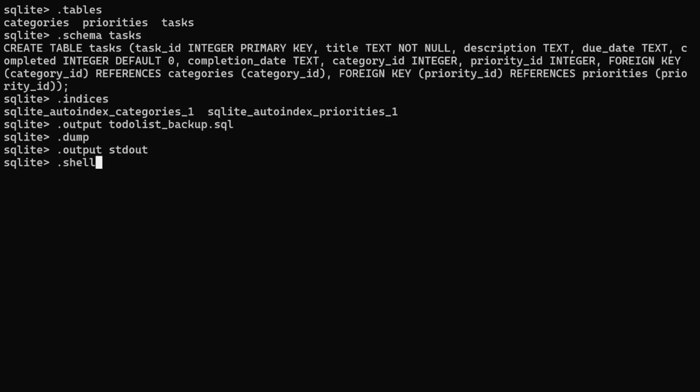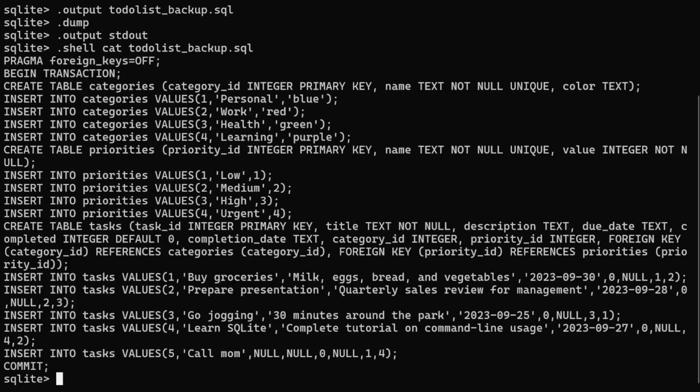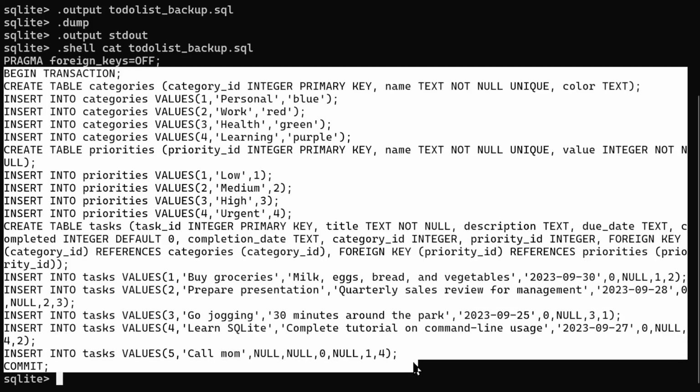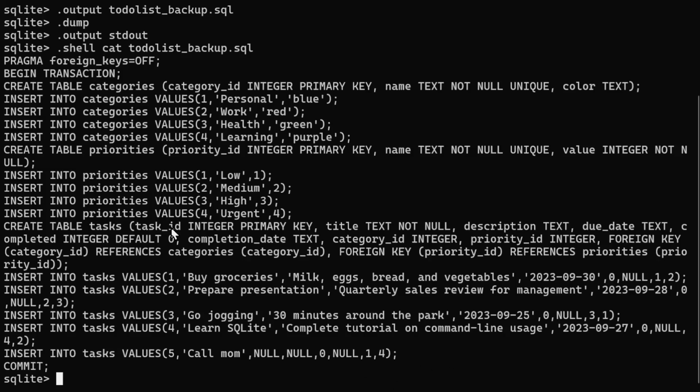Now let's check the todolist_backup.sql file. Here we have the complete SQL queries that we can execute to get an identical database as we have right now.